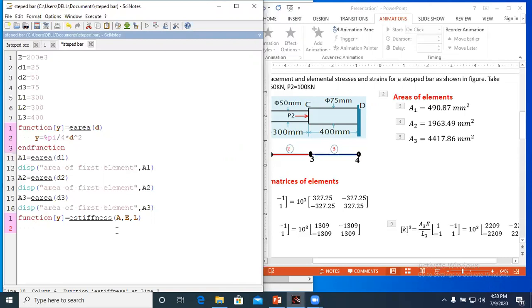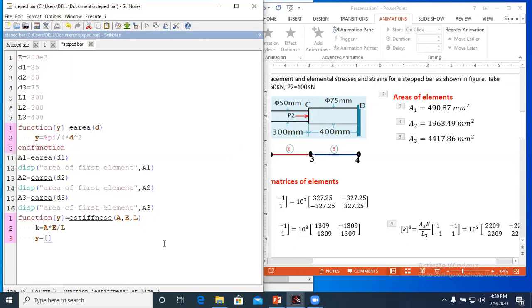Now I will calculate first the AE by L. AE by L is required for all elements of the stiffness matrix. So I will give the name small k equal to A into E divided by L. Next, I will define the stiffness matrix, that is y is equal to in square bracket, because it is a matrix. Next, here it is multiplied by 1 minus 1 minus 1 1.